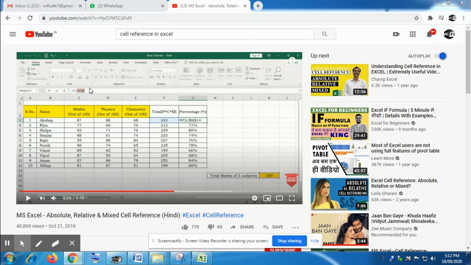In the earlier lectures, I have completed chapter 1 and chapter 8. Between them, the remaining chapters we now have to complete. I will be doing the second and third chapters in the next lecture. But today we'll start with a new chapter, that is Functions and Charts in MS Excel, the fourth chapter.